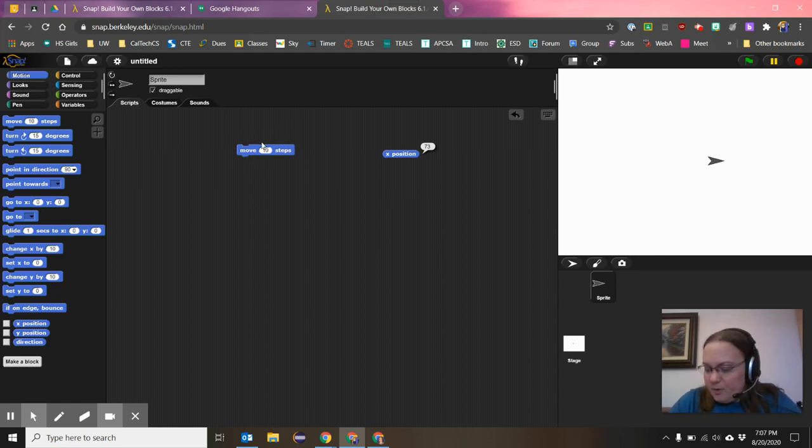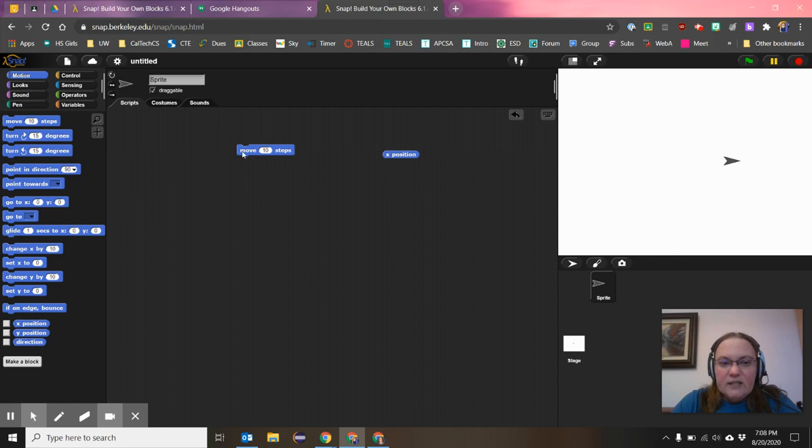These are all script blocks. And if I click on this block, it's actually going to do what it says, which is what we saw in our last video. If I click on this 10, it's moving me 10 forward. And that's going to change the X position. So if I click on it now, I can see 103. These reporter blocks can be stuck into any input location. So I could say move to the X position, which wouldn't actually make any sense, so I'm not going to in this case. But these ovals fit in the input, the parameter of a script block, and I can put them in there